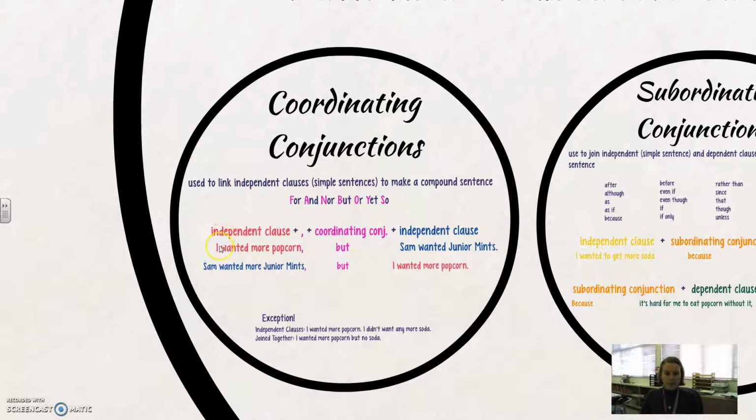For example, I wanted more popcorn. Sam wanted Junior Mints. They're perfect by themselves. But we need a comma with the but in order to make them into one nice compound sentence. Remember, co is the same co as in coordinating. It's co together, something that has been pounded together, and we pound it together with a fanboy. So these always are going to have a comma with the coordinating conjunction,